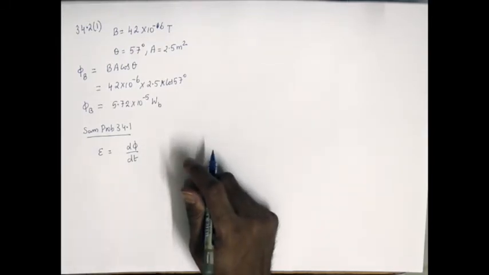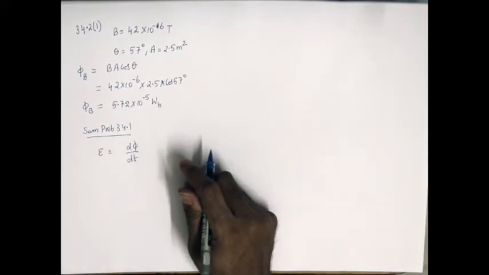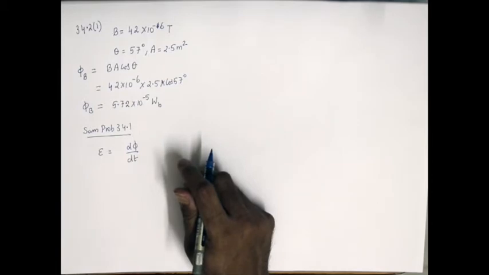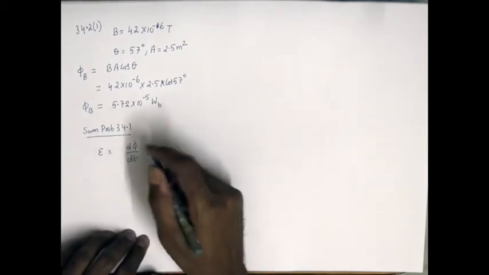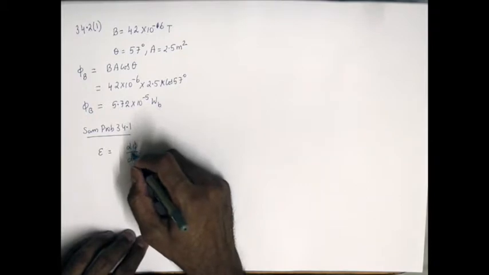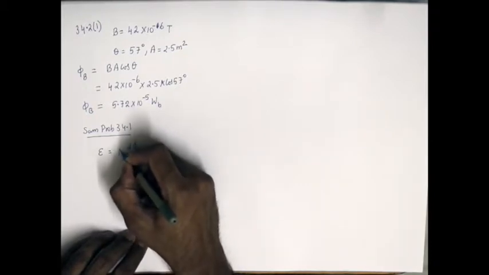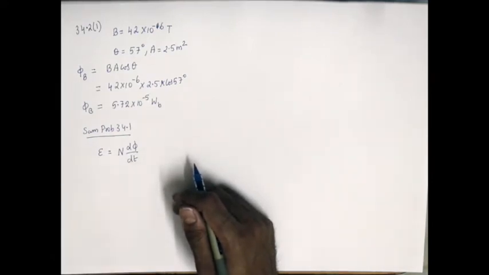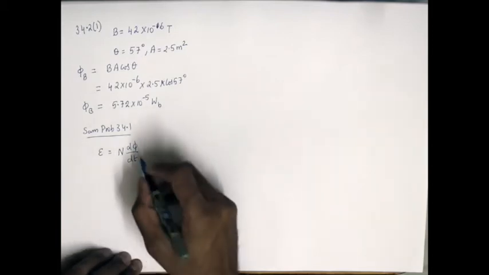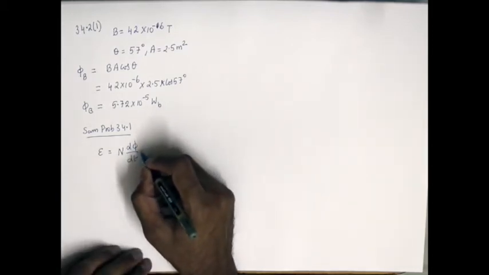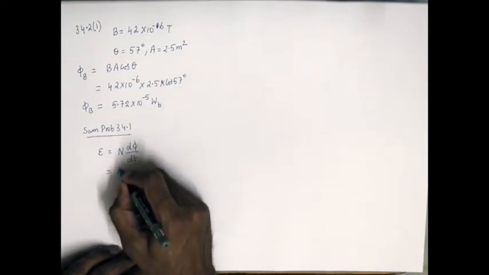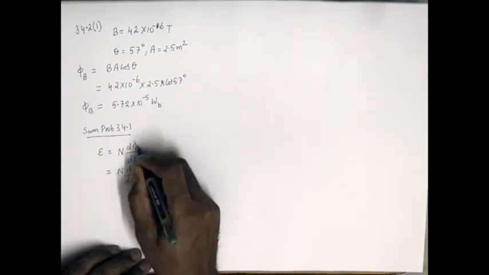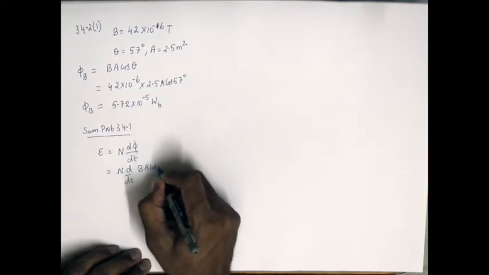Now we know that this flux is associated with coil C, but since there are 130 turns associated with coil C, this formula will change. So therefore we will need to put in a capital N, where capital N is the total number of turns in coil C. Having done that, let us write the formula for phi. We already know what is the formula for phi. It is given by N d by dt of phi. Formula for phi is BA cos theta.